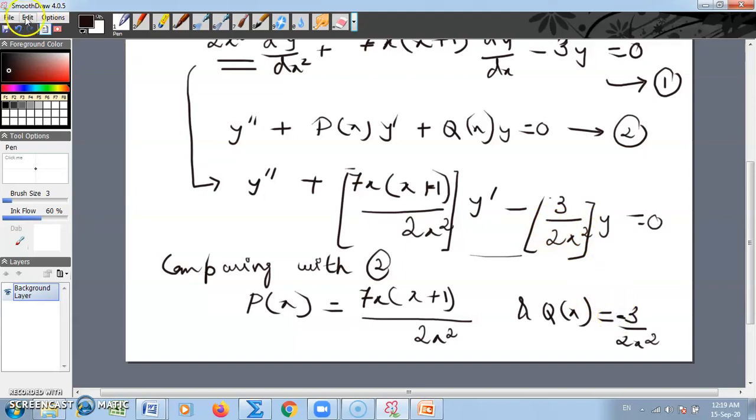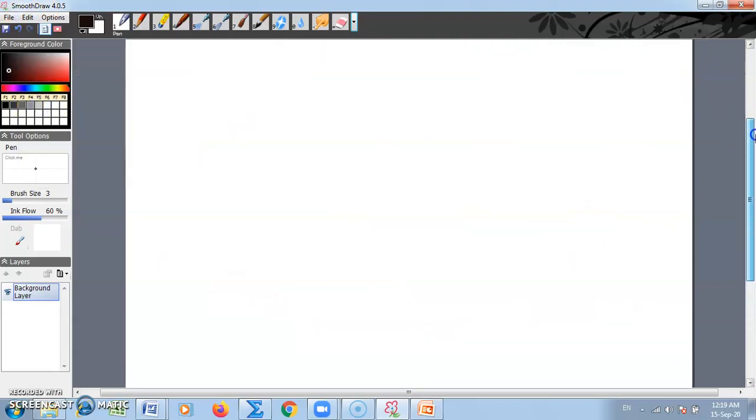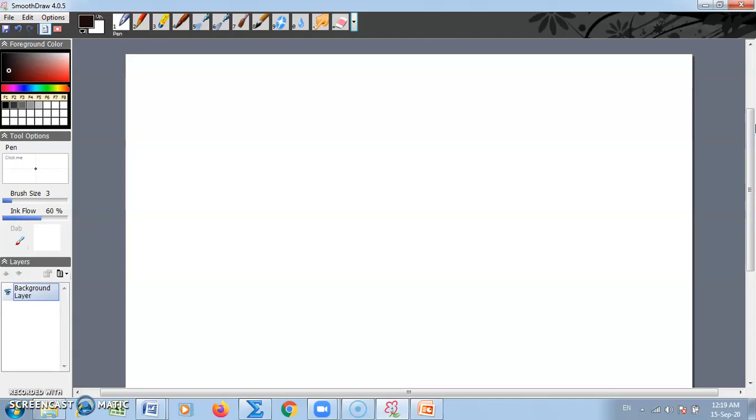And now let's clear the board. So what do I have to do now? What was my point? My point was at x is equal to 0. So that means x is equal to x naught, so here x naught is 0. So at x is equal to 0,